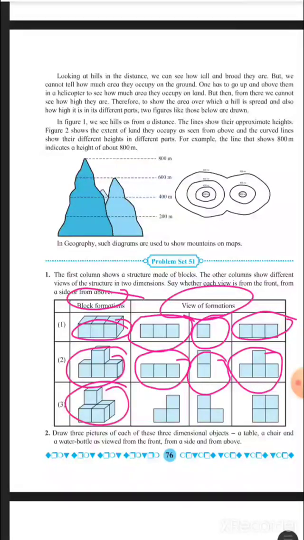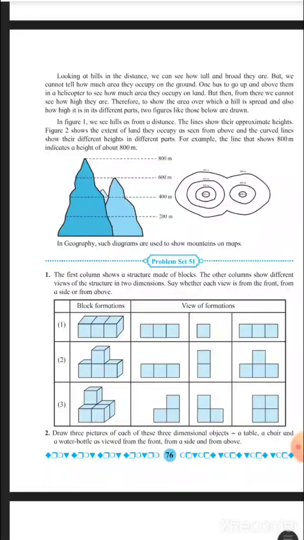This box, this is the side view, this is the front view, and this is the above view. You will draw this box and write which view you can see, and you will write in the box.